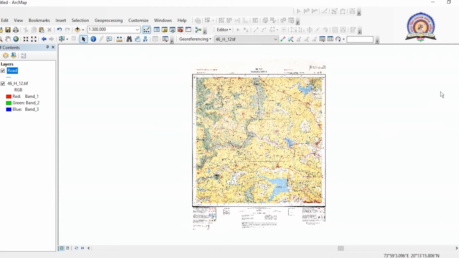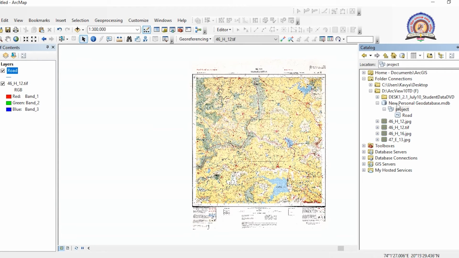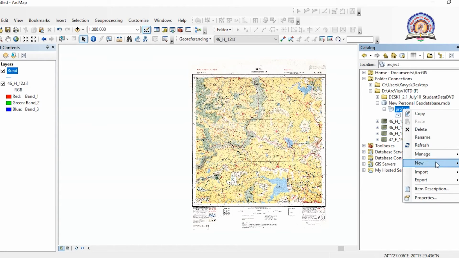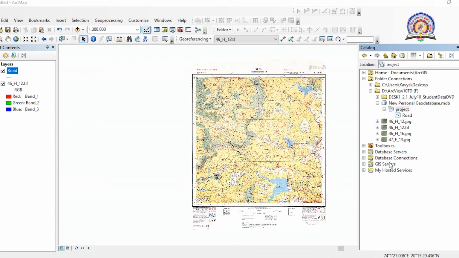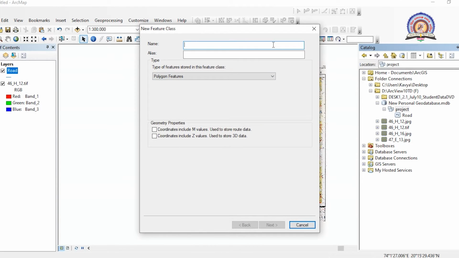One more feature we have to create from a polygon perspective. So we again click on our dataset, select New, add a feature class, and we will be creating a watershed over here. We give the name watershed, or for example, if you are interested in digitizing a dam, you can give the name dam also.